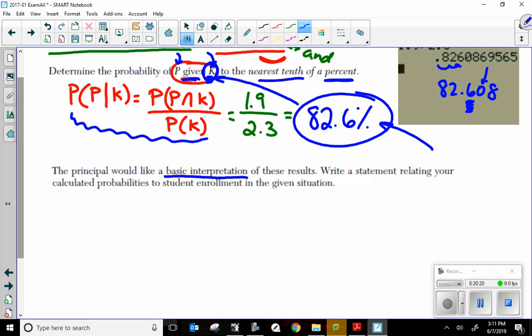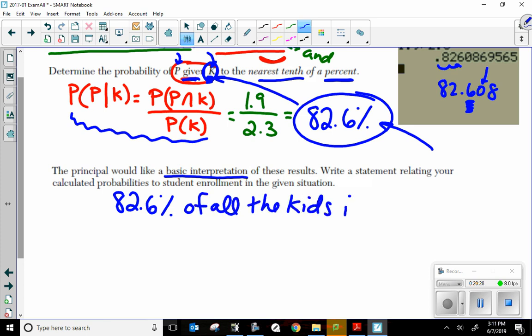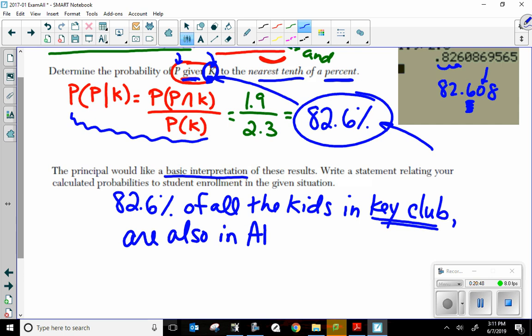So I'm going to say 82.6% of all the kids in Key Club, because we are given just this pool to pick from, the Key Club kids. So out of all the Key Club kids, 82.6% are also in AP Physics,